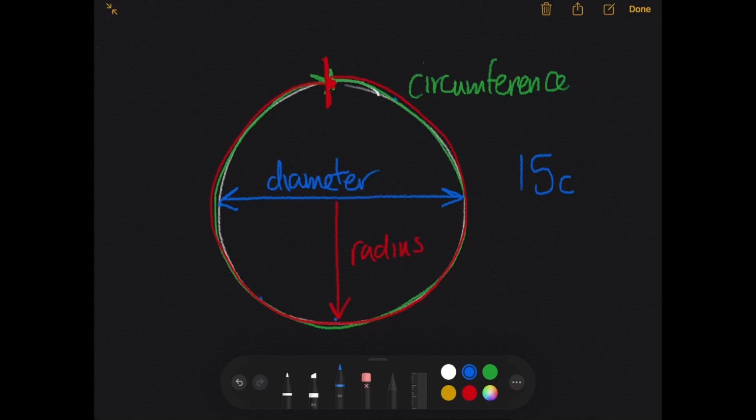If I had a circle whose diameter was 15 centimeters and whose radius was 7.5 centimeters, my circumference would be roughly 47.1 centimeters. So you know that you can expect your circumference to be quite a lot larger than the diameter or the radius because it's got to go all the way around the outside of your